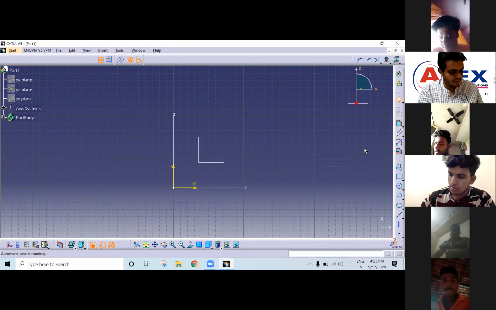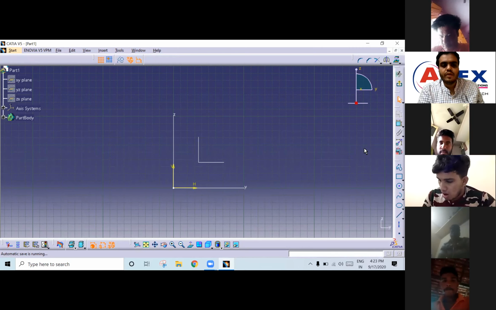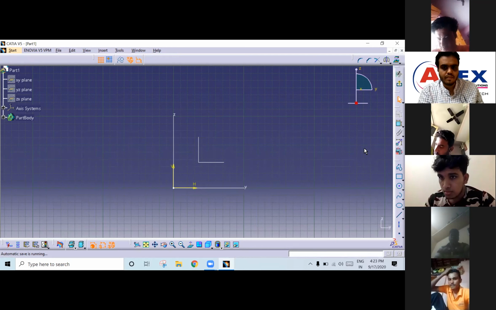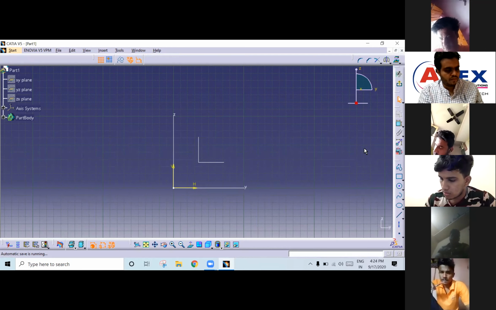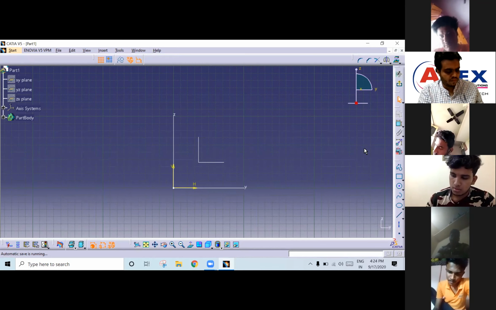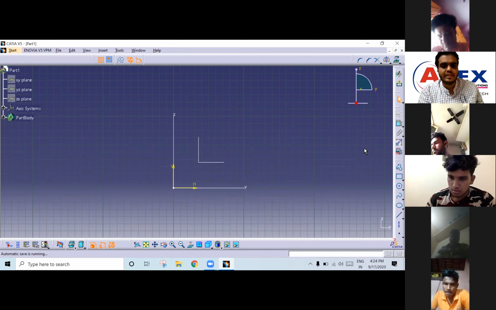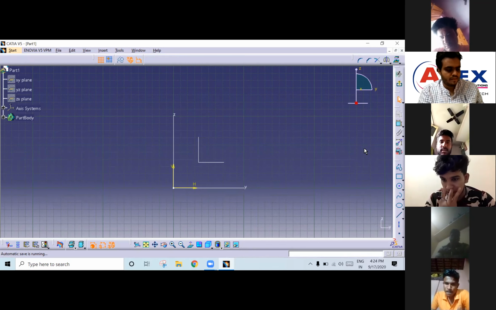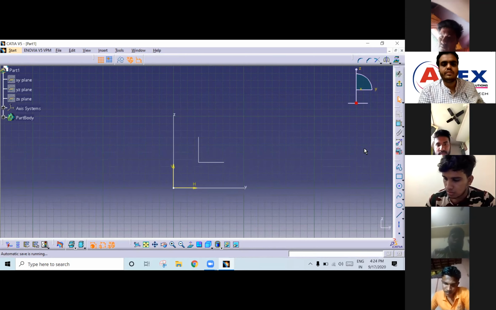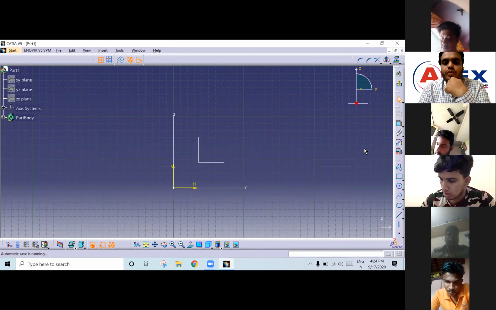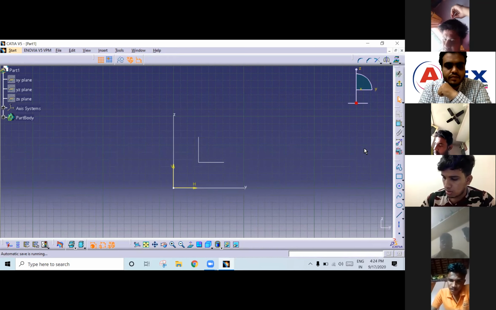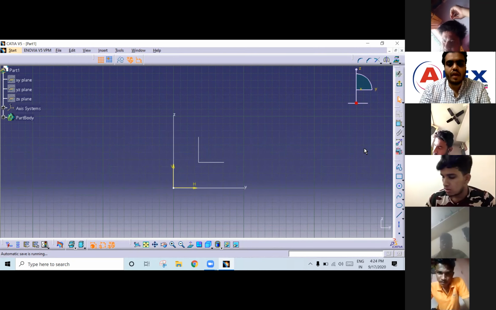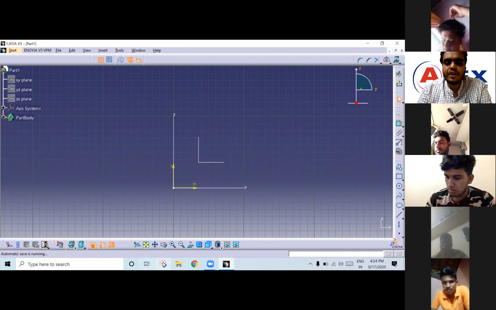Next, second, iso-constrained or fully constrained.